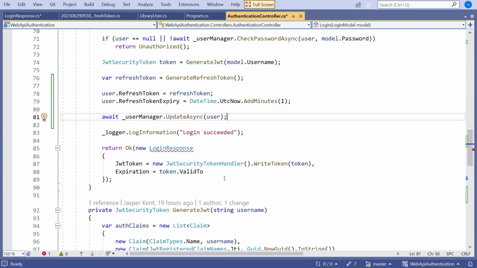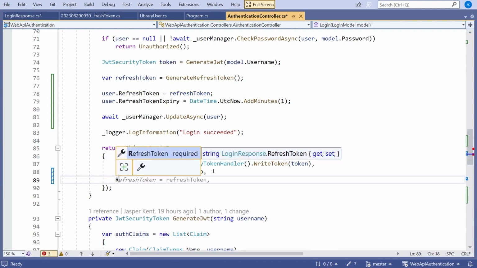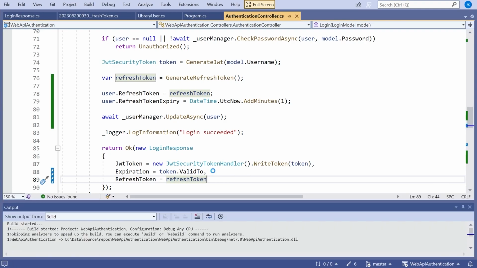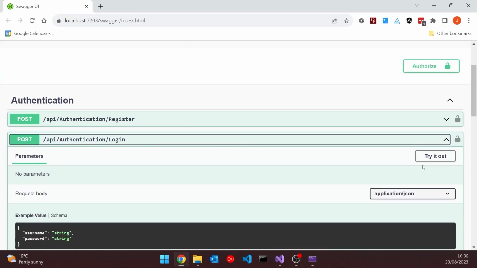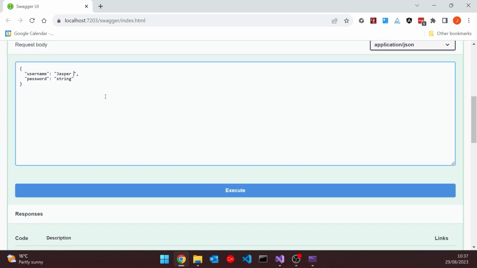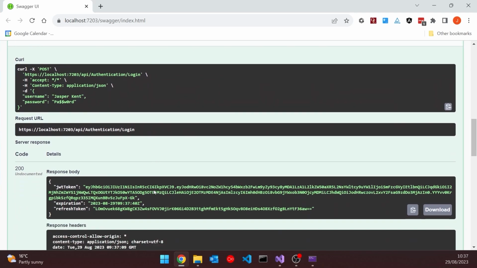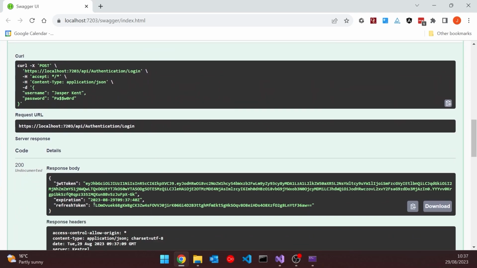And then finally we've got to pop that into the login response. So if in here we just do the refresh token equals refresh token, and that's all done. Let's just run that up, see what's happening there. So if we now do our login and execute that, then we can see we're getting back that refresh token, so just the base 64 encoded version